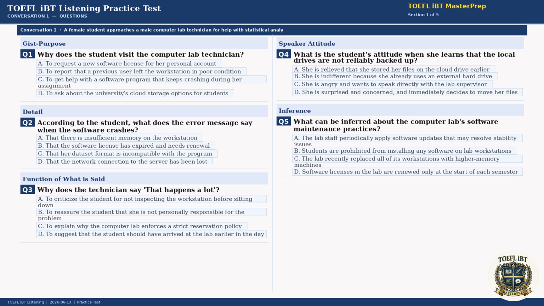Oh, I didn't even think to check that. I just sat down and logged in. That happens a lot. I'll close those out for you. I'd also recommend saving your dataset in a compressed format and clearing the workspace before running your regression. That should free up enough memory. Let me also update the Stata license on this machine. It's been a few weeks and there might be a patch that addresses some stability issues. That would be great. I have a deadline tomorrow morning, so I really need this to work tonight.